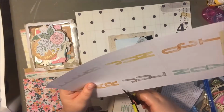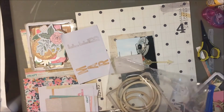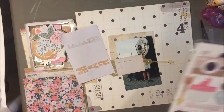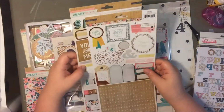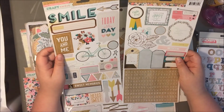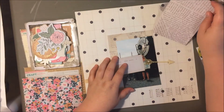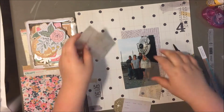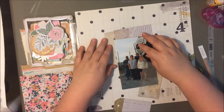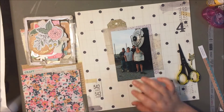I picked up this paper. I believe it's Maggie Holmes or Crate Paper, one of those two. I'm not sure which collection it comes from, so I'm so sorry. But I know it's a little bit older. I pulled it from my stash, so it's kind of this cream and black polka dot with some different handwritten pieces. And I wanted to use this for more of a vintage feel since we're standing in